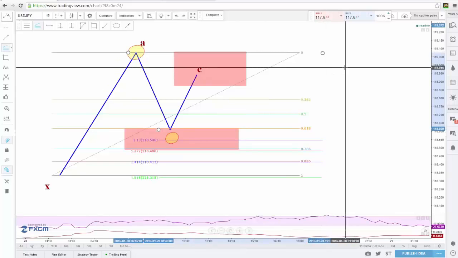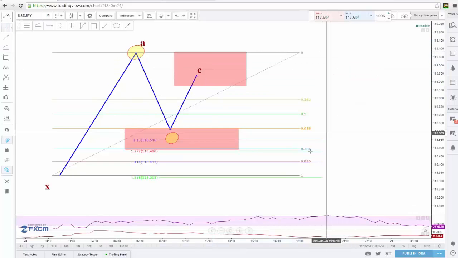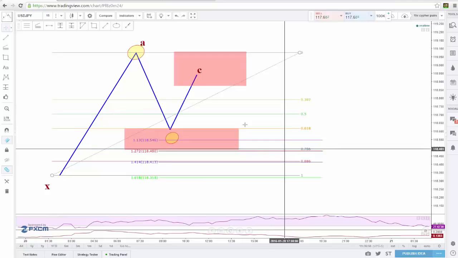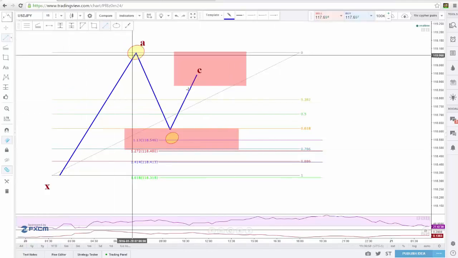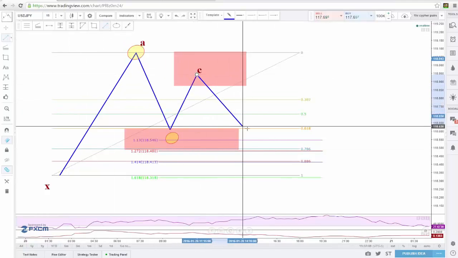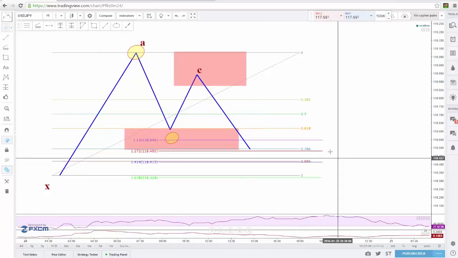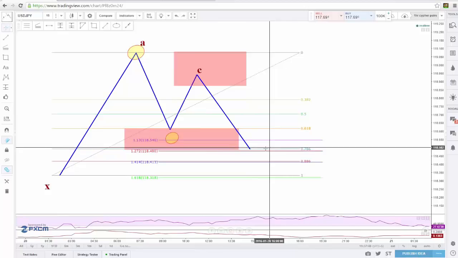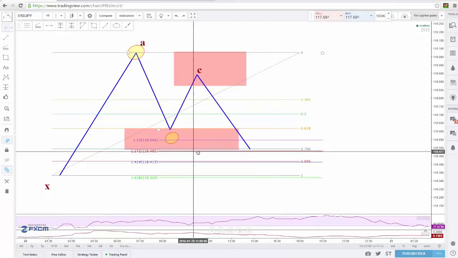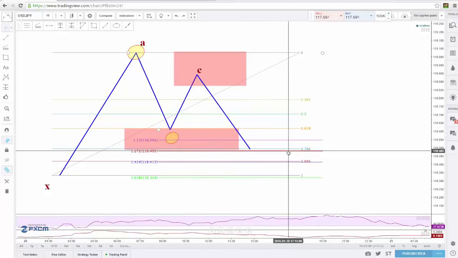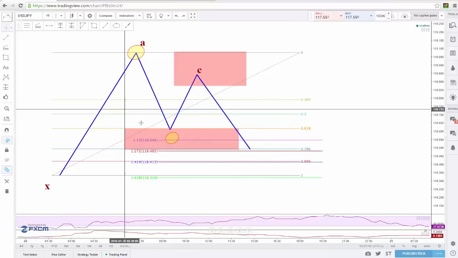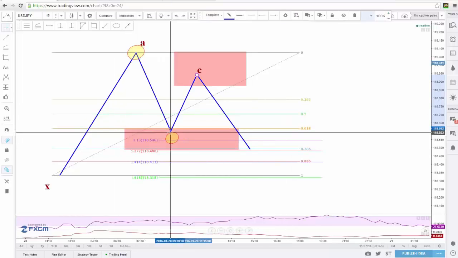And as you can see here, we have a pretty close alignment of the 127 and the 786. With that being the case, I put my entry at the 786. Now, as I said before, I only put it at the 786 when these two are very close, within a few pips of one another. If these two are far away, and I'll give you an example of that,